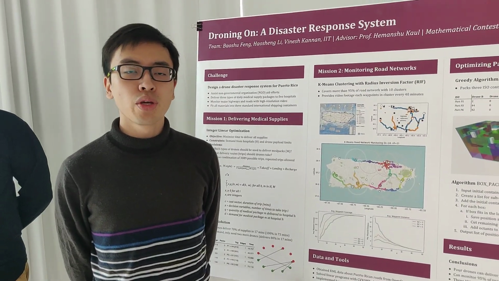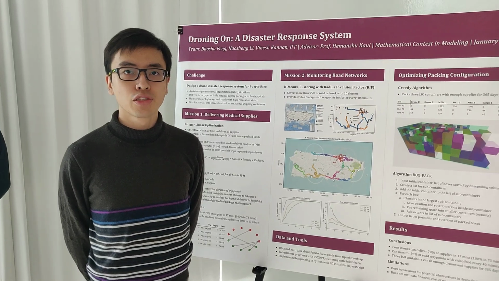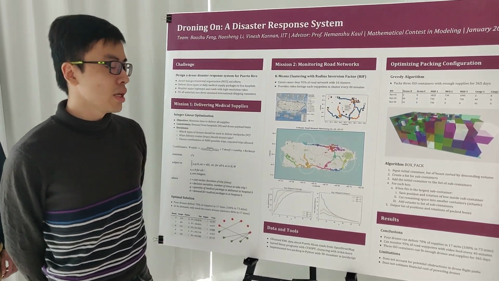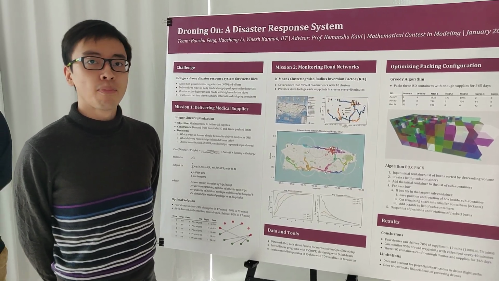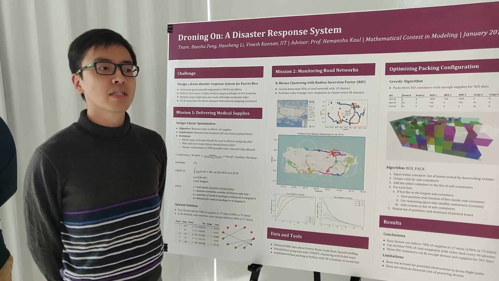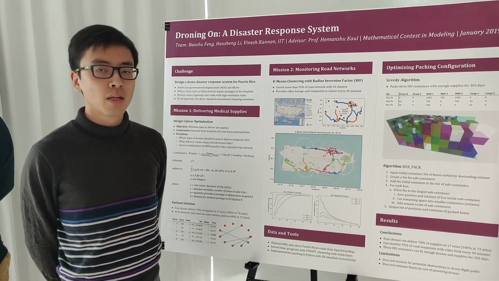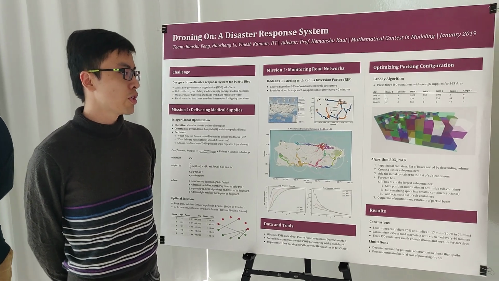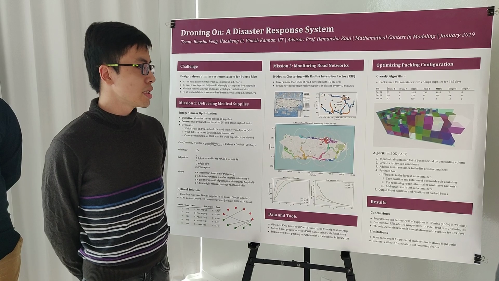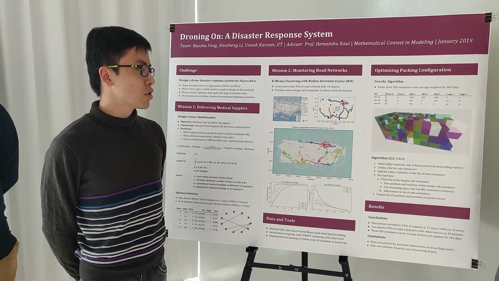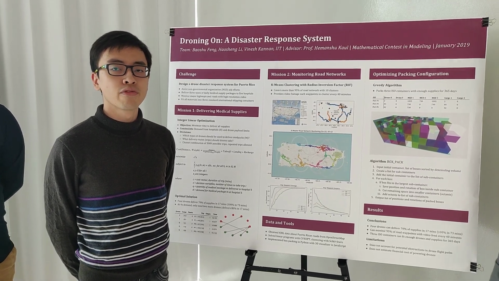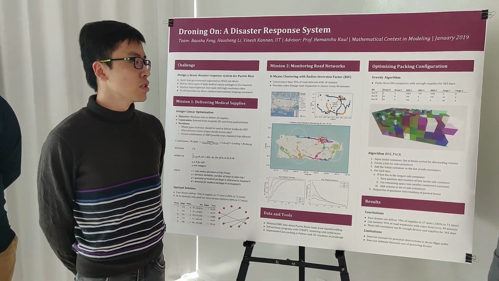For the second part, we have 2 main challenges to solve. Firstly, based on mission 1, we have calculated the possibility of medicine supply. A medicine supply is a basic one-shot mission, but we still have another mission, which is the surveillance of the road situations. After the disaster, the road situation is unknown, and it is necessary to get the information as soon as possible.